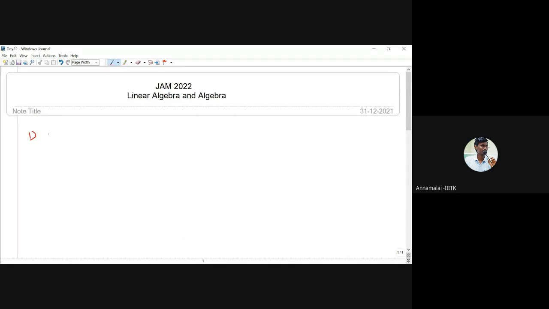Maybe I can write a short, I can write, suppose the cardinality of a group is 7. Okay, and we have a function. So pi is a function from G to G defined by pi of x equal to x power 4 for all x in G. Then what can you say about this function pi?